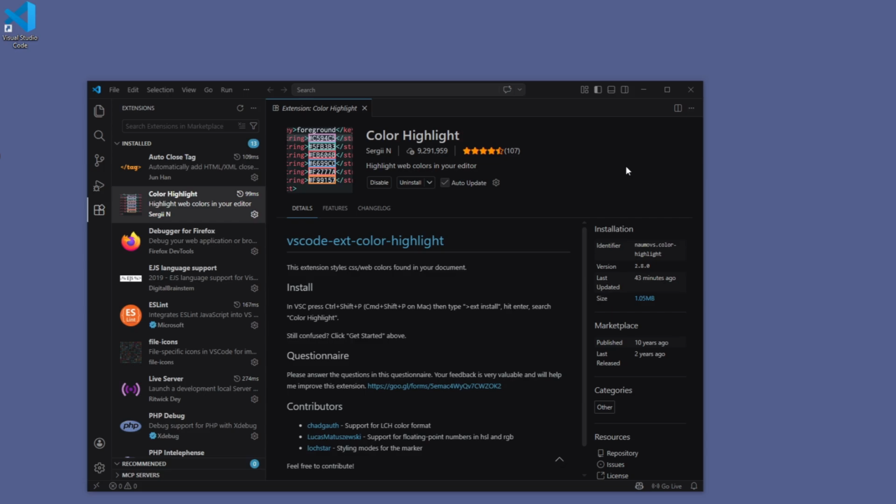Hi guys, so you want to move to the lower version of your extension on your VS Studio Code. Then in this video, I'm going to show you how you can downgrade extensions in VS Studio Code to a